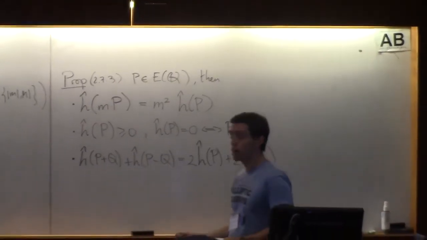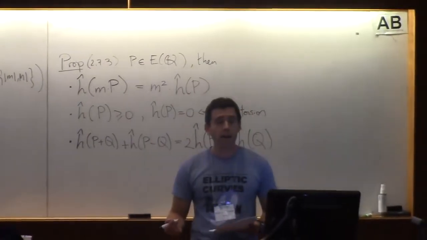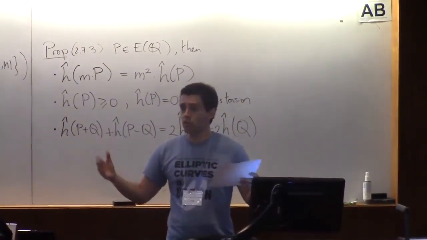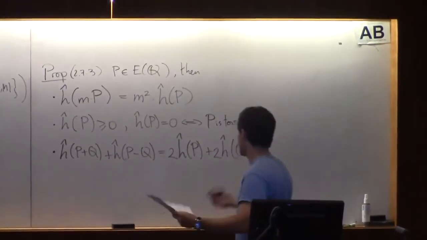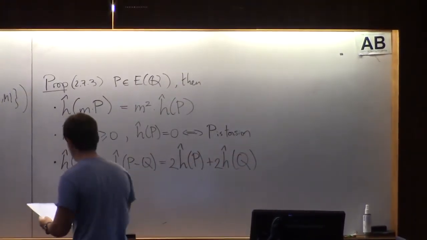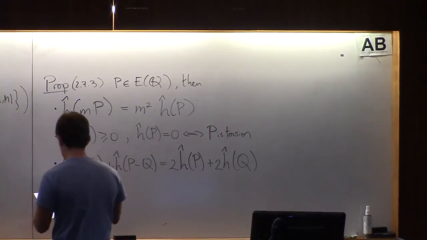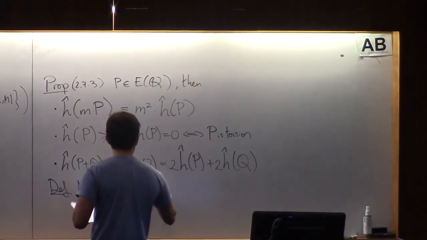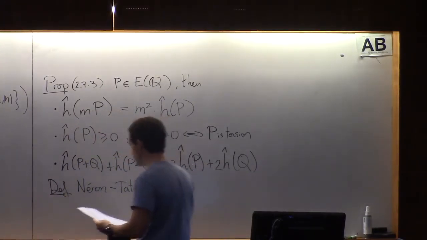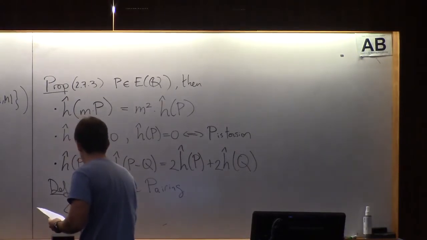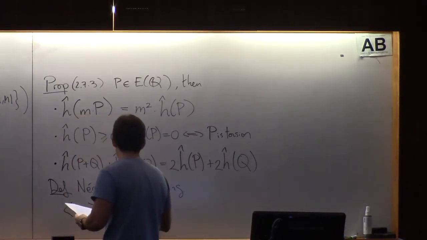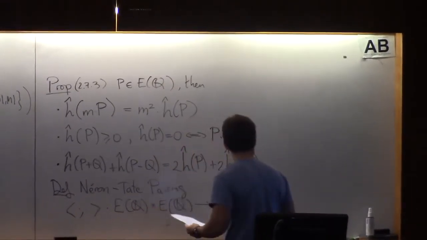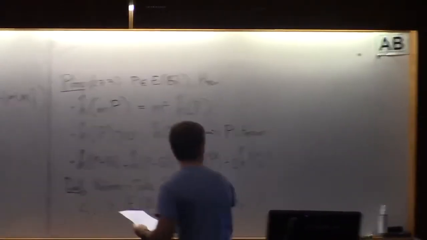That tells me that this is actually a quadratic form, and out of this quadratic form I can create bilinear pairings. So once you see that, you say, bilinear pairing. So we create a bilinear pairing out of this, and you get your name attached to it. This is the Néron-Tate pairing. It is defined as a pairing from E(Q) cross E(Q) to R, defined by